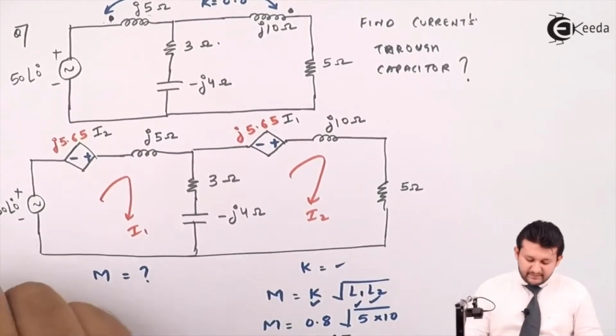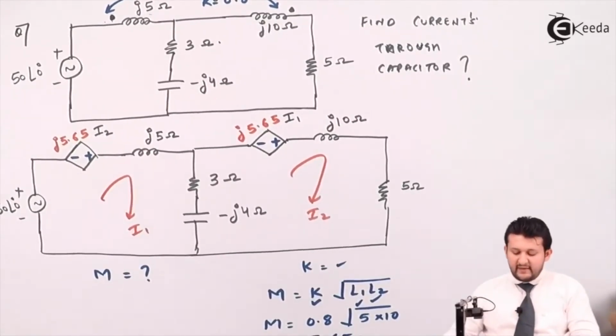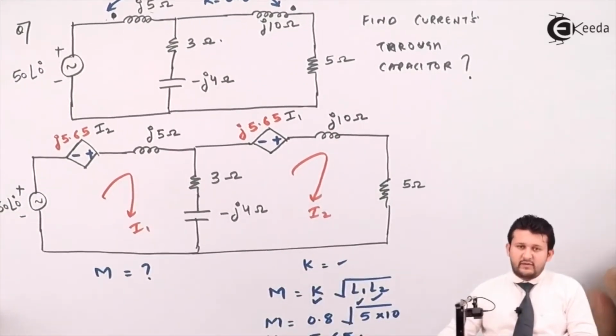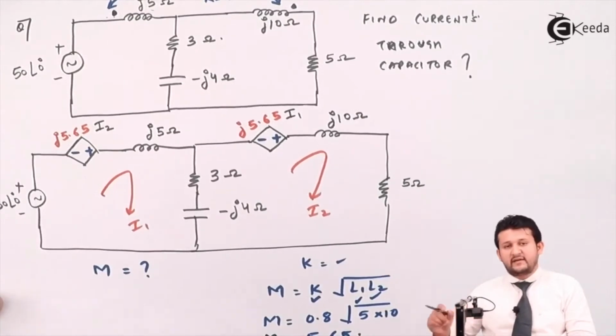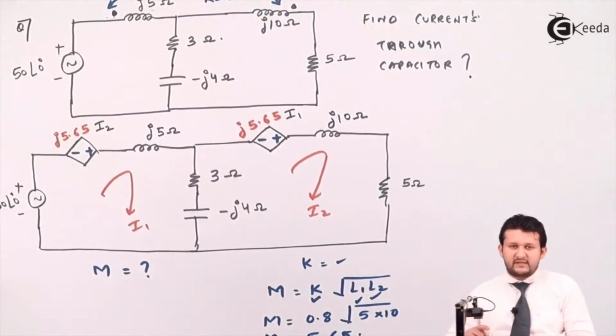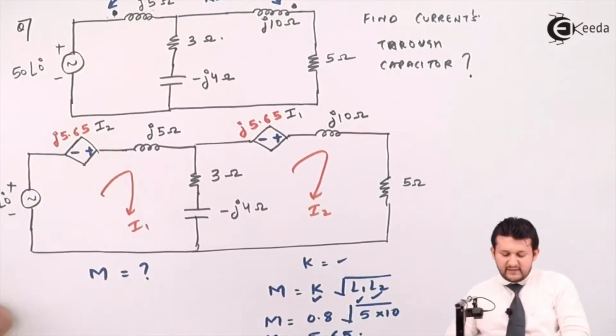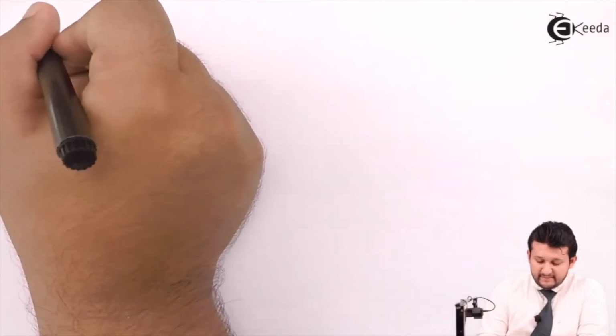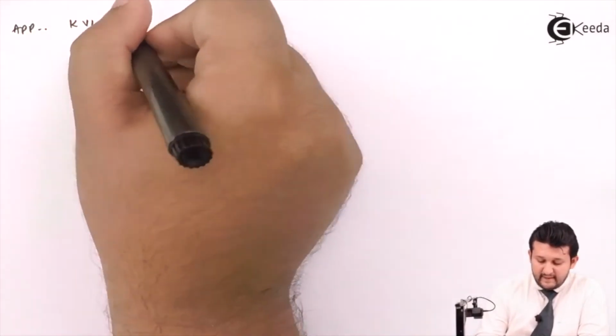So let's do it. We'll apply KVL in the above equation. I hope you have drawn this network in your book, so it will be much easier for you to understand the further process, because this diagram won't be repeated. Okay, so let's write the equation for KVL. So the equation will be applying KVL